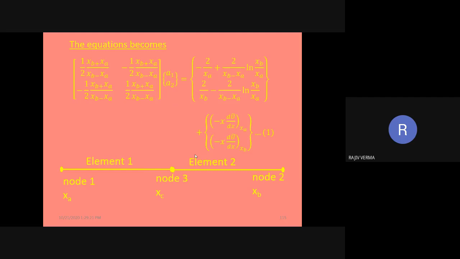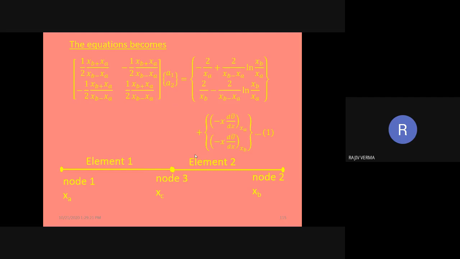They are going to be clubbed in a single matrix of size 4 by 4 obviously. And then we are going to apply the continuity condition to reduce the size of the matrix from 4 by 4 to 3 by 3. So, continuity of the solution is a new term which is going to be discussed in the future slides.